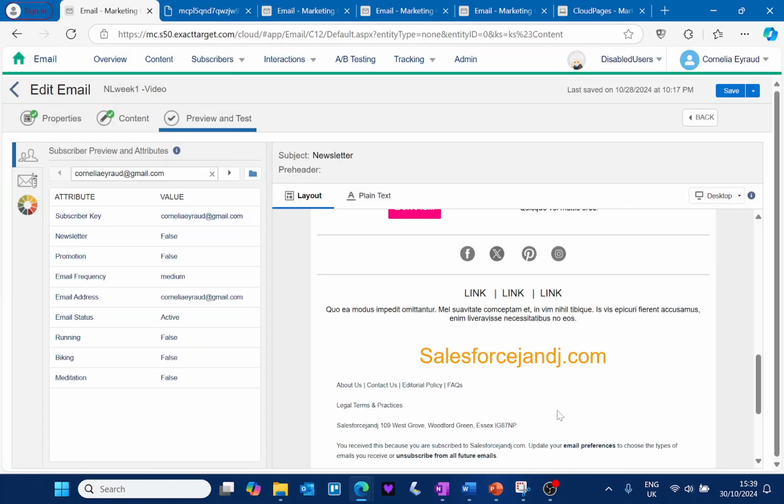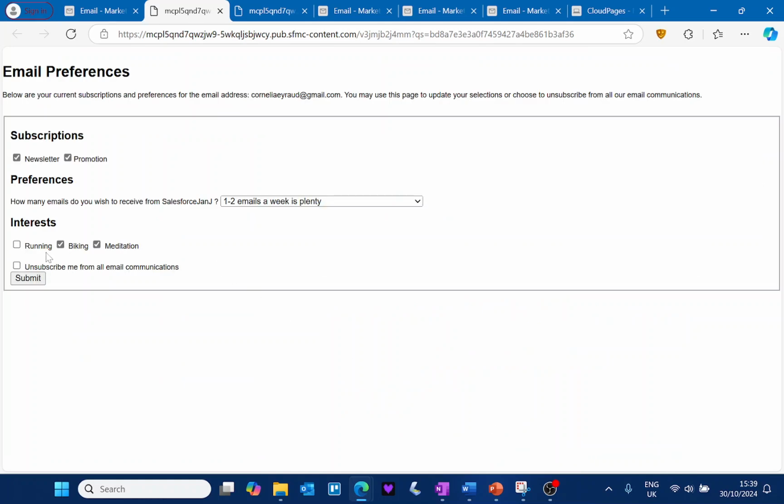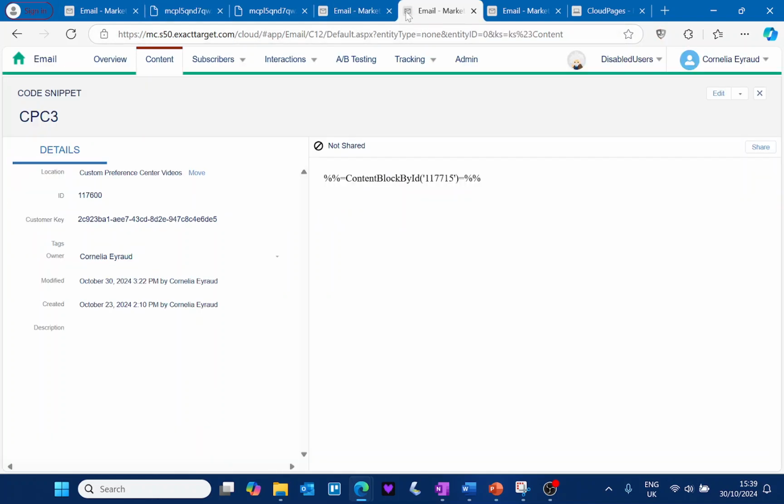You will also be able to unsubscribe from all the email communication from the email. All right, so how to do it? Let's see that together. Okay, now to do this, as last time, we have to create several code snippets,